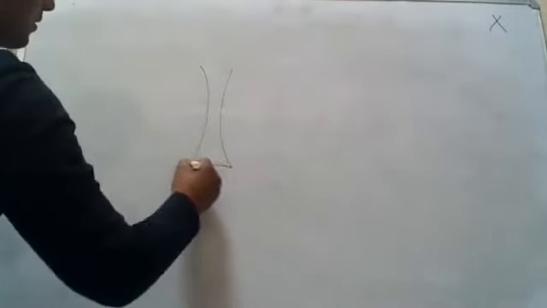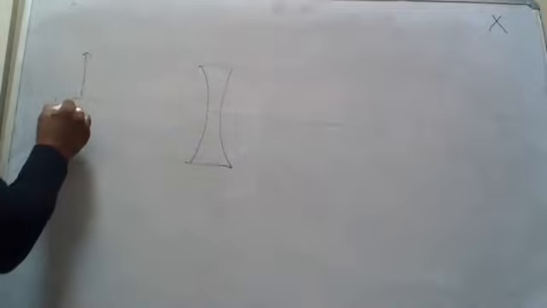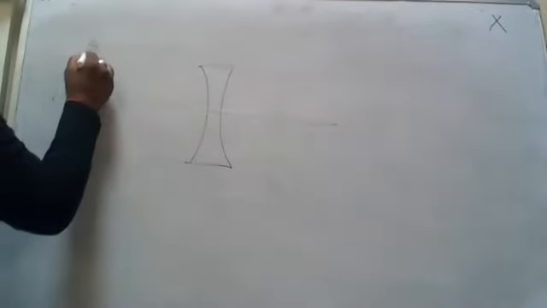Similarly, one can draw the image formation using the concave lens. Let's see. In the case of the concave lens, this is the principal axis. And now we have to keep our object MQ here. In this case, how will the image be formed? Again, we have to follow the method which we have discussed earlier. We have to draw the parallel rays. So suppose I'm going to draw the parallel light.